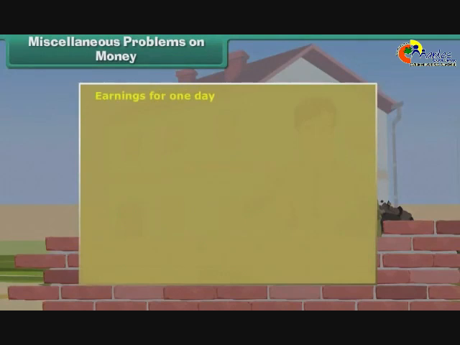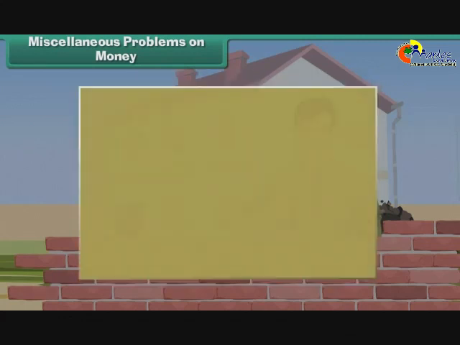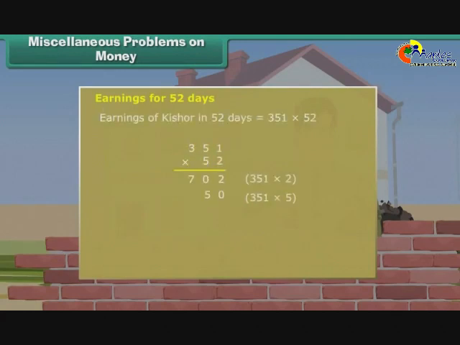First, we work out the earnings of Kishore for 1 day. Earnings of Kishore in 7 days is 2,457. Earnings of Kishore in 1 day is equal to 2,457 divided by 7, which is equal to 351 rupees. Now we work out his earnings for 52 days. Earnings of Kishore in 52 days is 351 into 52, which is equal to 18,252. Therefore, Kishore will earn